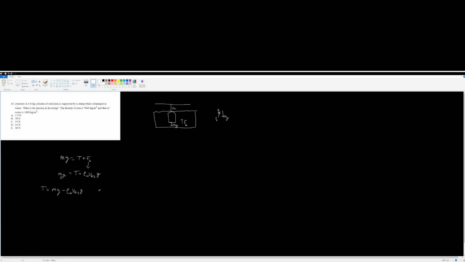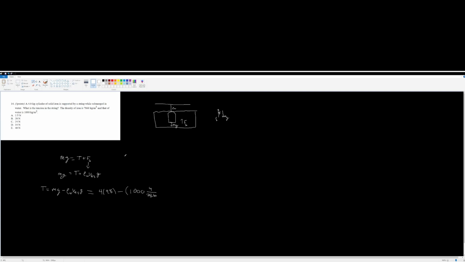Right. And when we plug these in, we just get 4 times 9.8, 9.81, however you want to do it, but we can do 9.8 here, times 1,000, which is the density of water, which we can multiply by the volume of the displaced water, and we can do that as 4 over